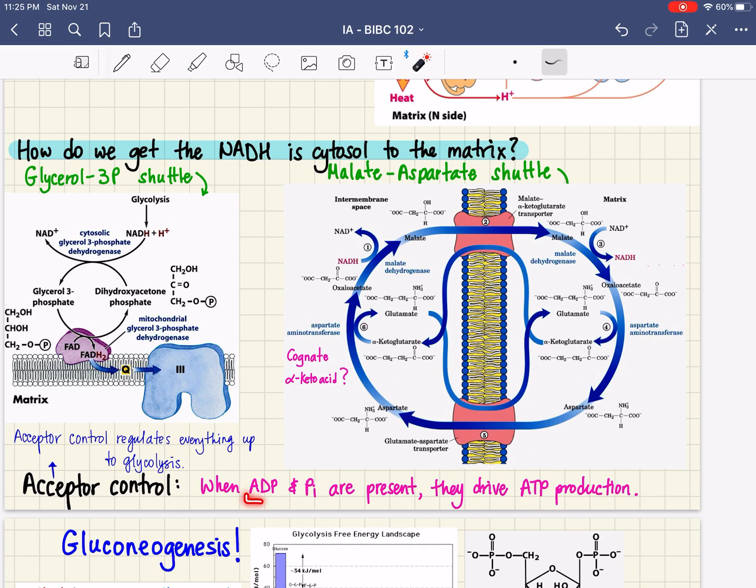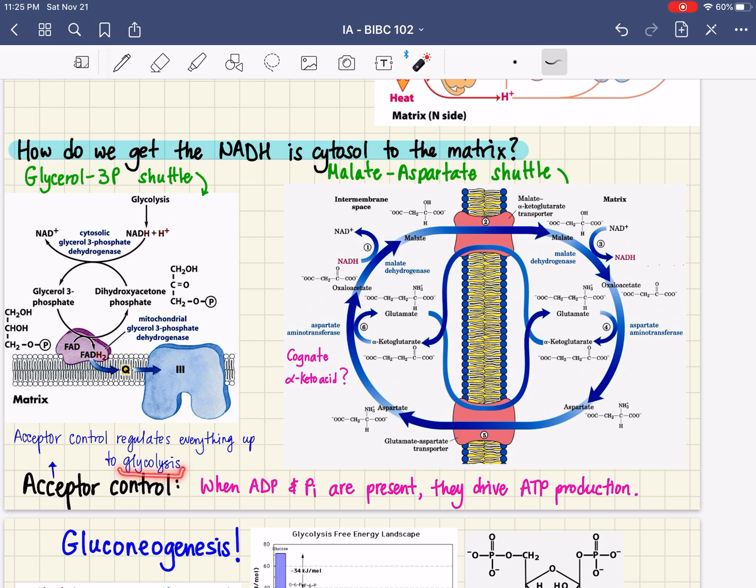It's like ADP and phosphate say, hello ATP synthase, we're here, so start doing your thing so we produce ATP. Now, if there is no ADP and phosphate, then ATP production will stop because they need these guys to make ATP. And it is important for you to understand that this acceptor control actually regulates everything, even up